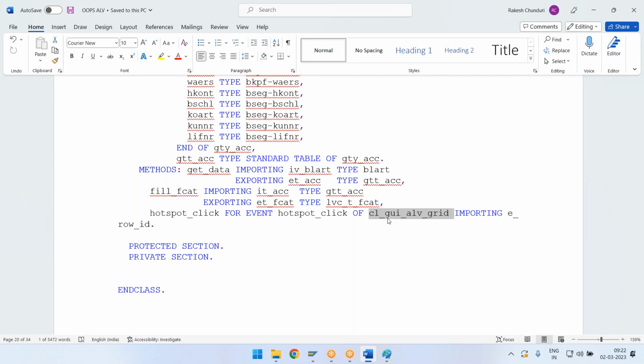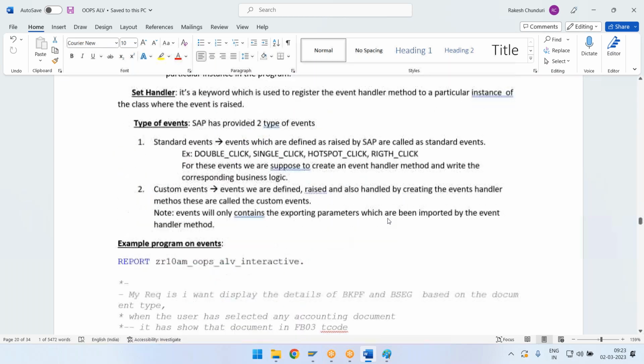When you are working in an IT service based company, mostly you will be using your standard events only. But when you're working in a product based company, you might get a chance of creating your custom event. You can go ahead and create your custom event. Now see here,